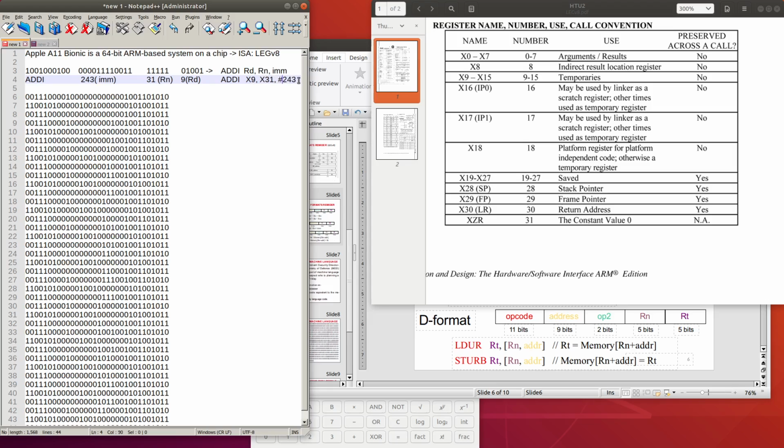So up to here we have finished decoding the first 32-bit binary into understandable assembly code.